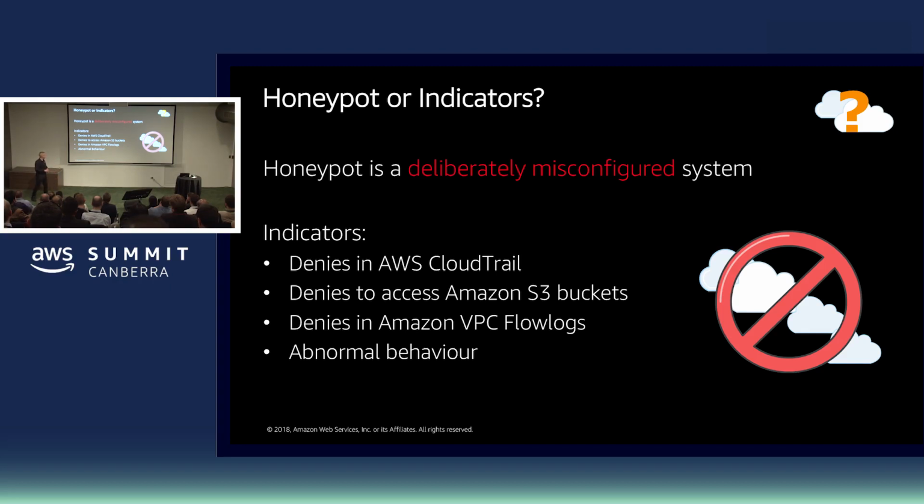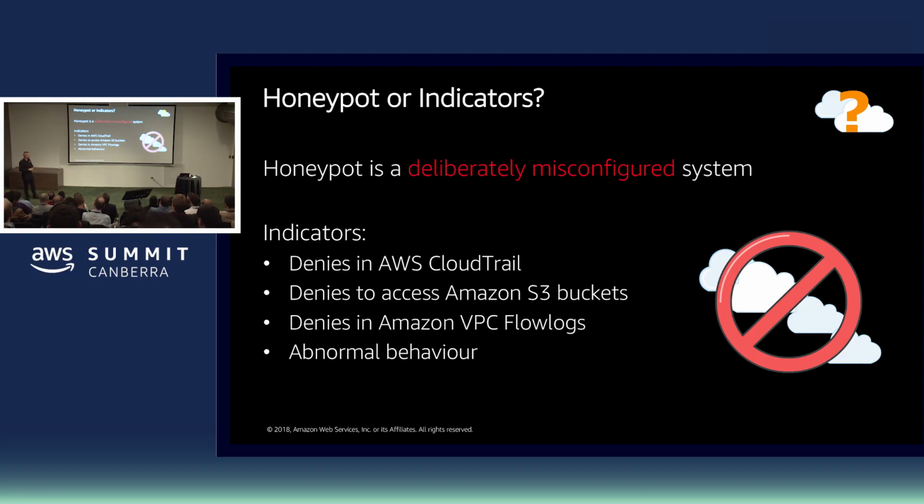So what we want to look for is potential indicators of compromise here. We've got denies in CloudTrail, and that's what my first demo is going to be all about. Denies to access Amazon S3 buckets. Now here's a little tip. You could actually have an AWS account that's isolated from everything else. You could create your company's name or your particular project's name and have different bucket names that you can then use as canaries. So if anyone's trying to scan your bucket namespace, they might go after your actual company or project's name or agency's name.